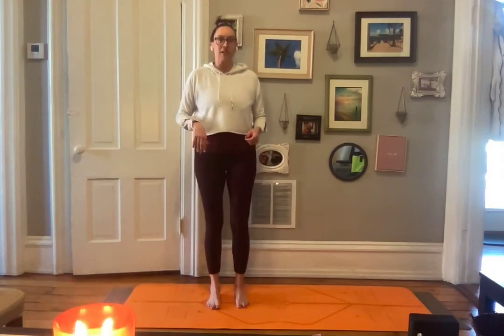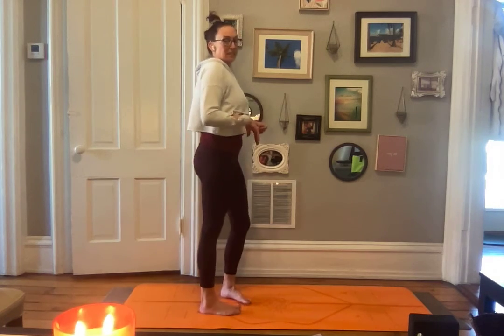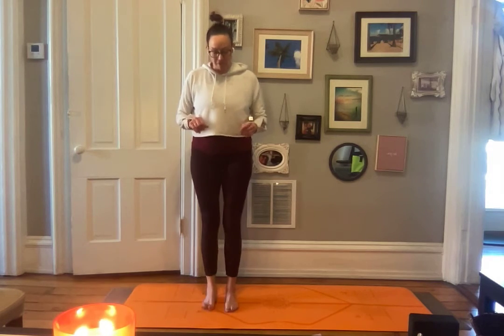Once again, finding that grounding spot. I'll stay here first. So your left foot is grounded down. We're going to put our hands on our hips, wherever feels most comfortable for you. For some reason, the hips always feel good for me. Maybe it helps with the balance, but going to inhale, right leg up,